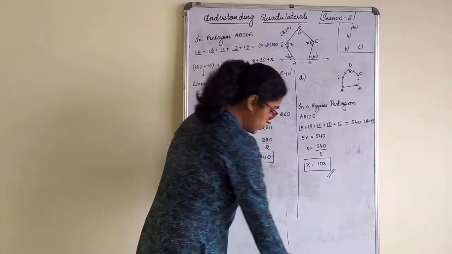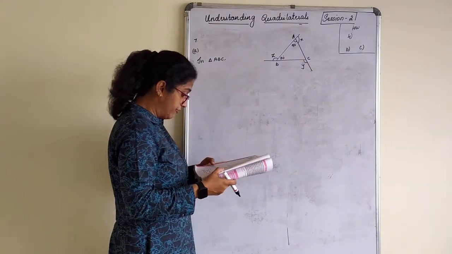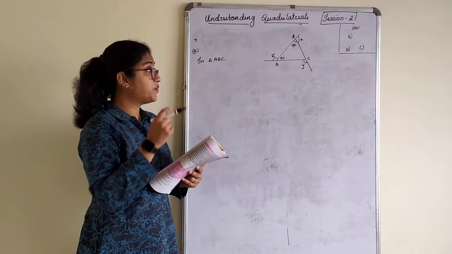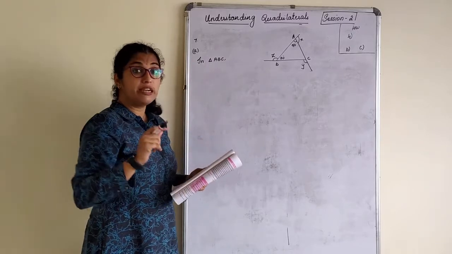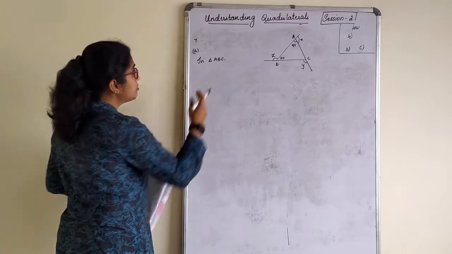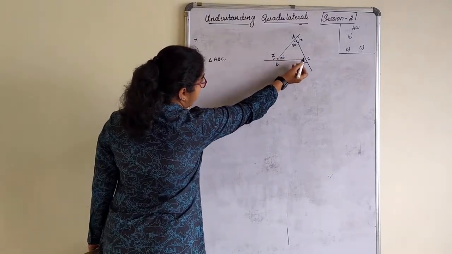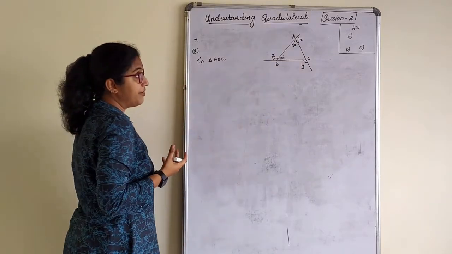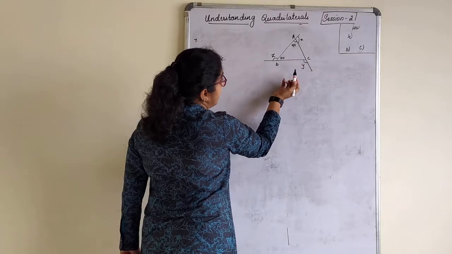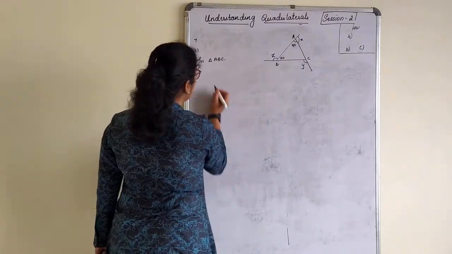So we are left with only 2 sums. Okay. 7th in A1, they have asked us to find x, y and z, and then find the sum of x plus y plus z. So in triangle ABC, now we know only 2 angles. First let us find the third angle of the triangle. Later, how do you find x, y, z? We will do that by linear pair. So let's find the third angle.